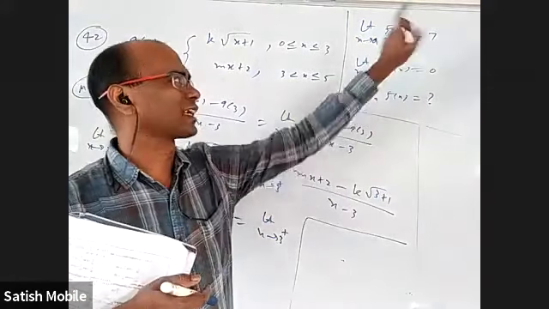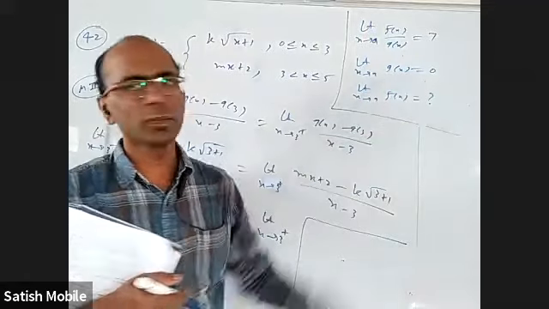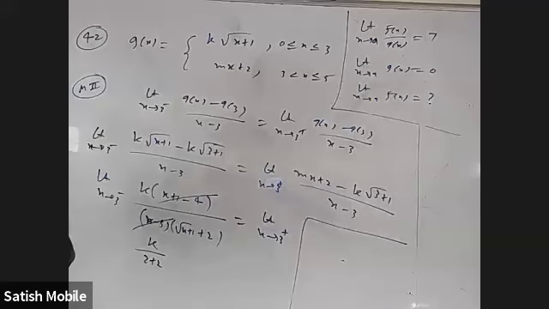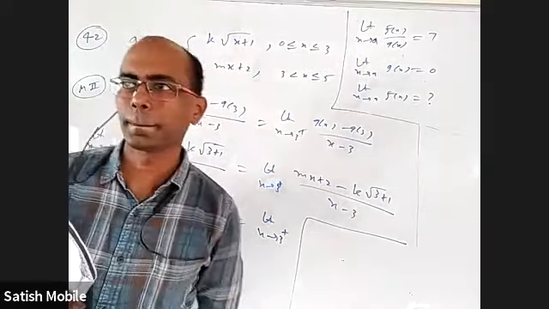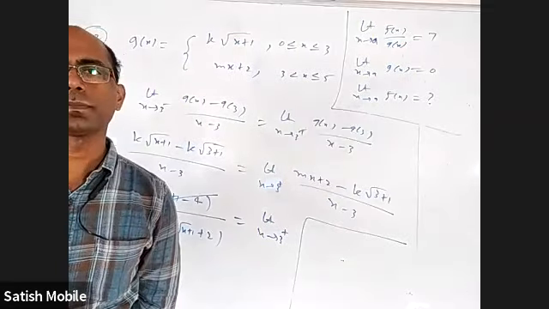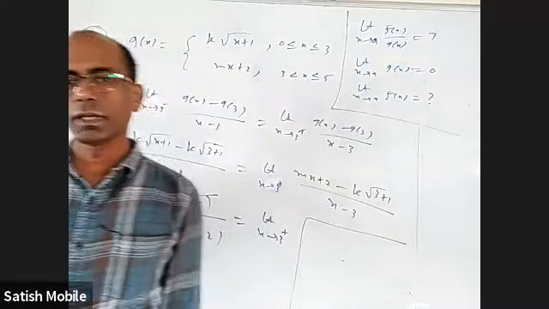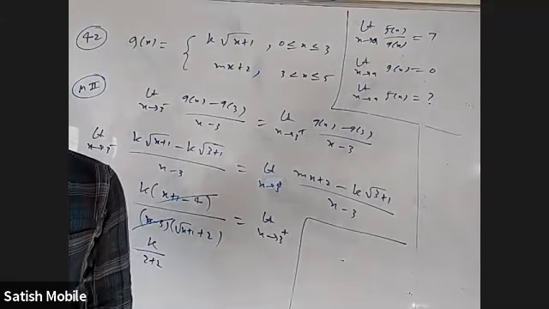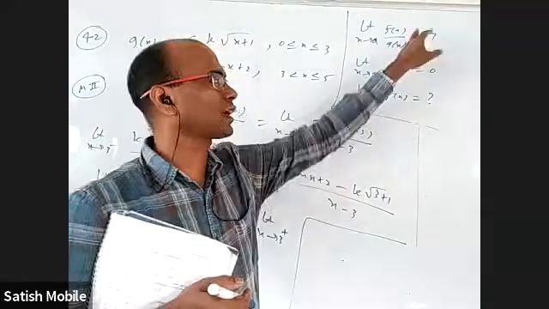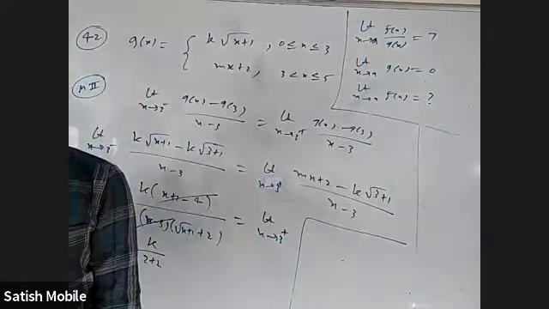F of x by g of x, that limit is 7. Only the denominator limit is 0. Only the numerator, what should be the limit? Online people, anybody want to answer? All of you can hear, online people? You're able to hear me? Yes, sir. Okay, fine. Answer is 0. Anybody want to explain why the answer is 0? Actually, the 7 doesn't have a role in a sense. If I say 20 here, 30 here, 100 here, the answer is 0. Anybody want to tell why?